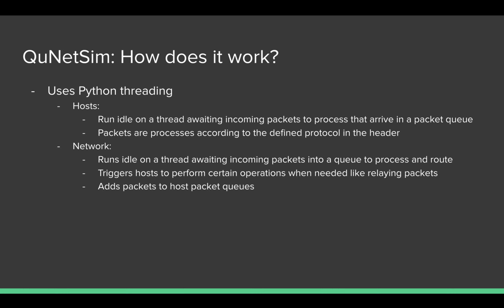Every time an action is happening, a thread is forked, everything is running in threads so that things can happen in parallel. And you really get this network behavior because there's so much multi-processing going on, multi-threading, to be precise. And the network is also in a thread. A network is actually a singleton object. Each host shares the network. The network has, again, a packet queue, and it's listening for things to come into this queue. And when something comes into the queue, then the network is triggered to run some protocol. And that's the whole system.